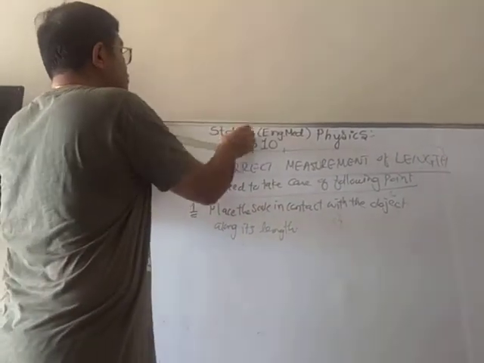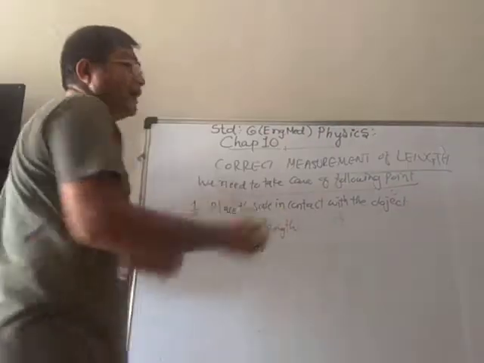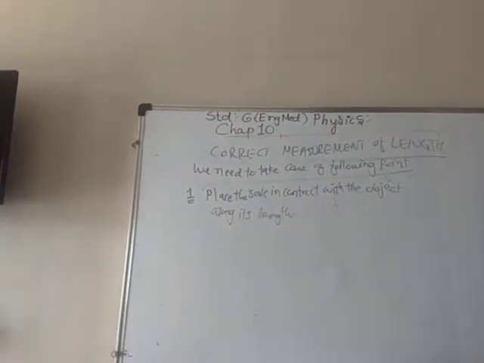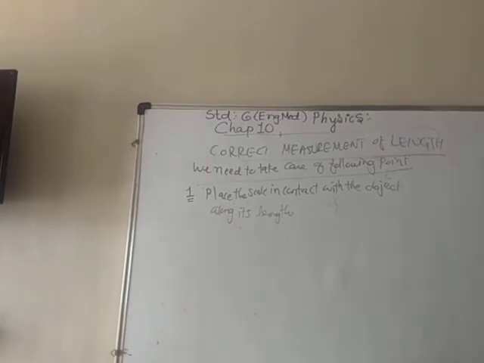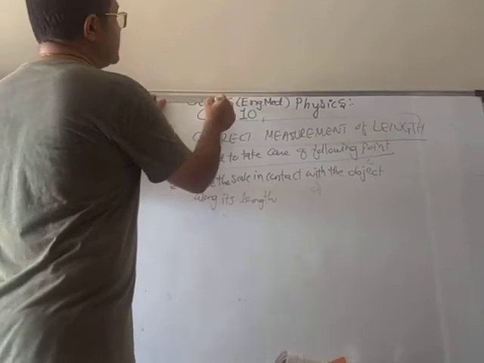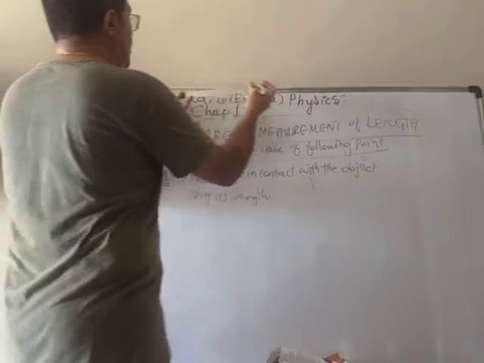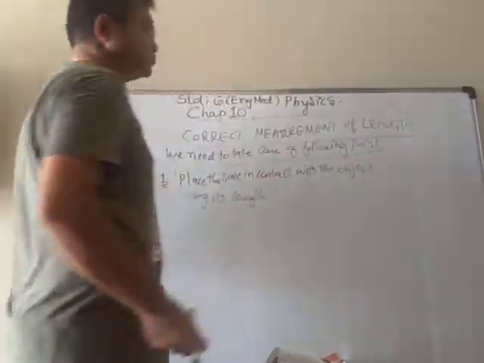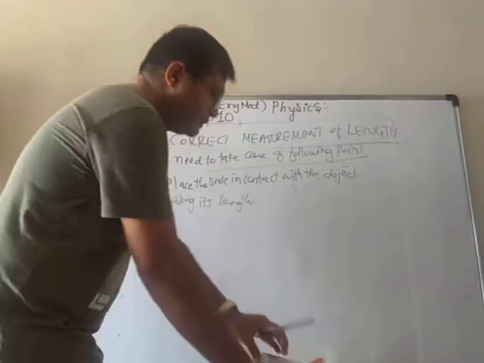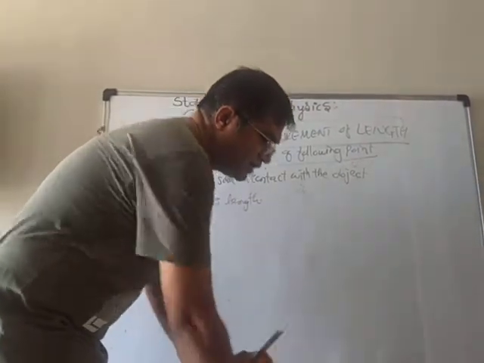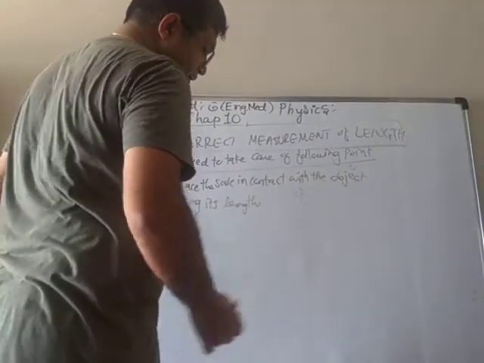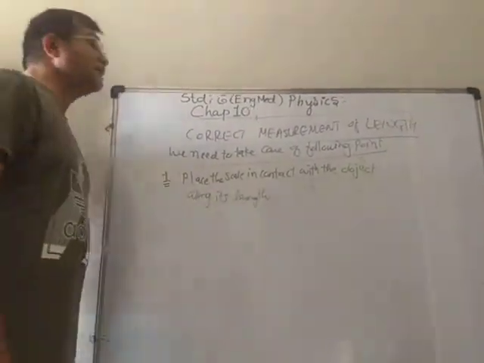So whenever we want to measure the length of any object, we must put the scale in contact. If I want to measure, I can do it like that. Then I will mark here that it is 30 centimeter. Then I will go on like that, and so on. So the first thing to remember is that the measuring device must be in contact with the length along its side. And then, in some scales, the ends may be broken.